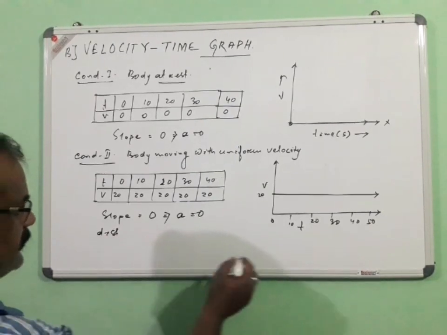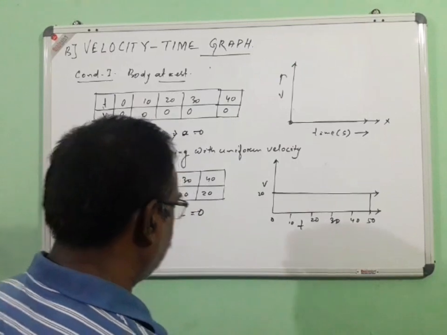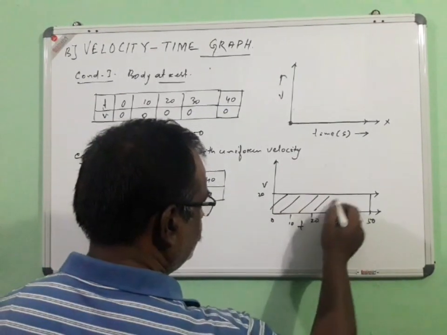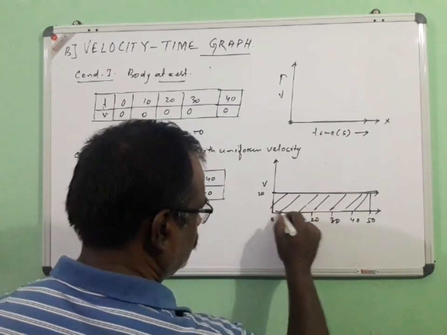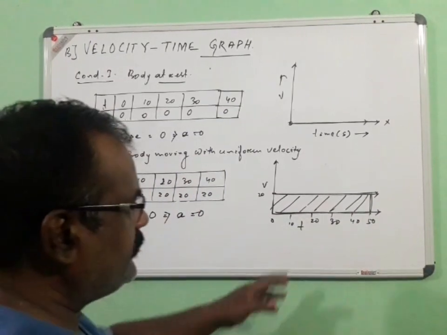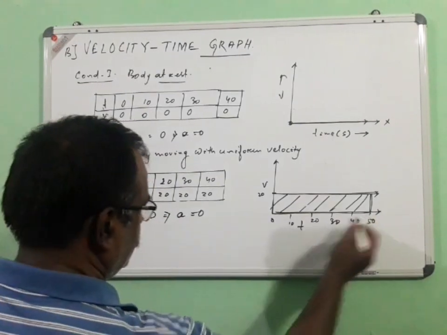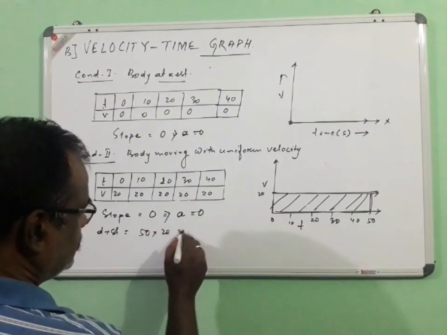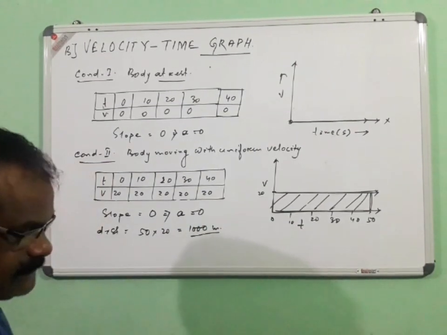Now at the same time, if we find the distance covered by the body in 50 seconds, the total distance covered will be equal to the area enclosed between the plotted graph and the x-axis, which is a sort of rectangle. So if we find the area of the rectangle, this also indicates the total distance covered. So distance is equal to x component 50 and y component 20. So now we can say that it has traveled up to 1000 meter.